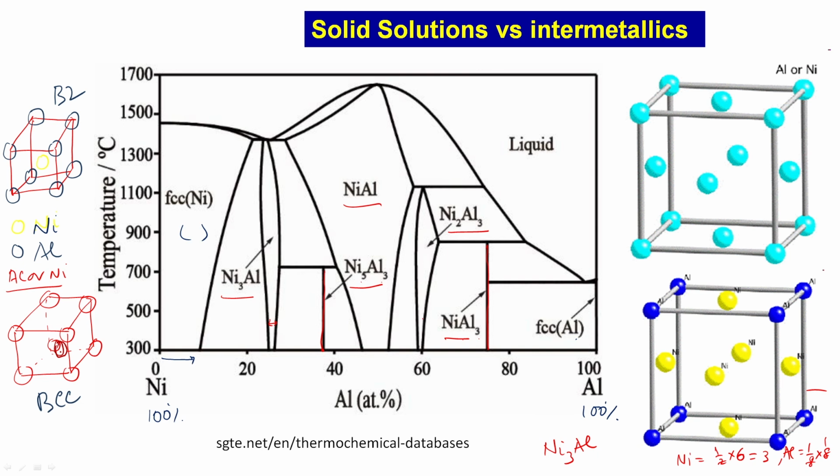They are compounds, okay. They are not solutions. These compounds have some range of compositional adjustment possible, but for some other compounds it is not possible, like Ni5Al3 or NiAl3 is not possible, okay. Then the structure will change. So, this classic phase diagram is used for various kinds of applications that are actually important